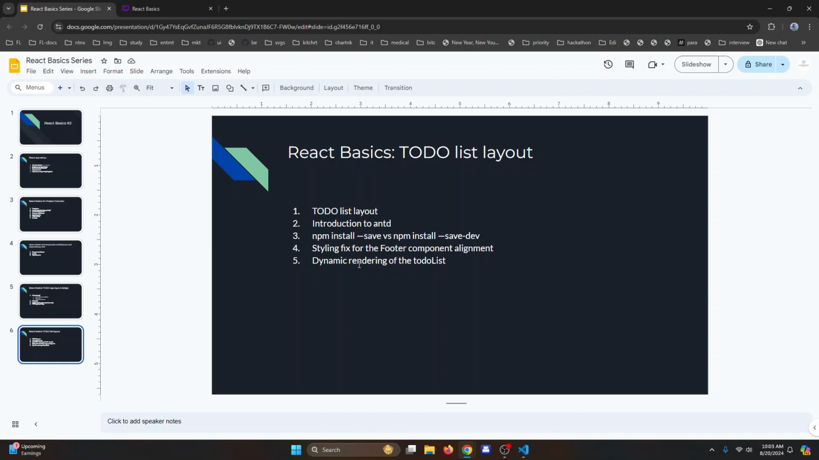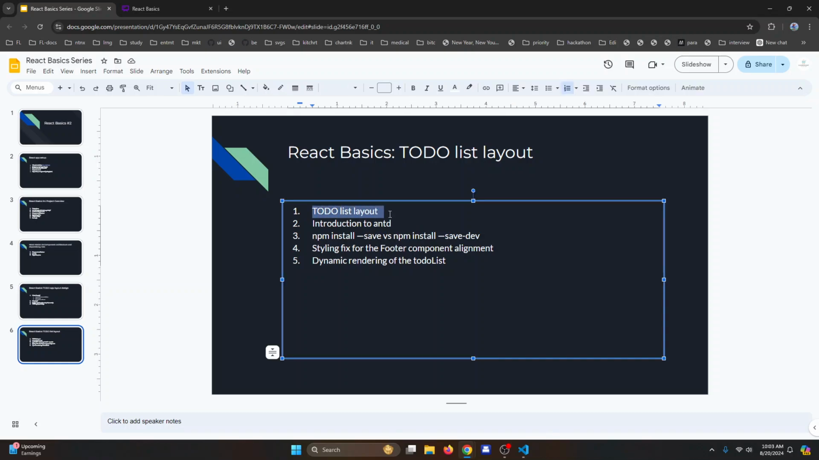The agenda for this video is to cover to-do list layout, introduction to Ant Design. So this is basically a UI library for designing web applications, and it has a React version for it. So we will be using Ant Design for having some styling coming automatically for us, because designing all those CSS and making it very nice might not be the scope for this particular series. So that's why we are planning to introduce Ant Design here, and in the process you will learn a lot